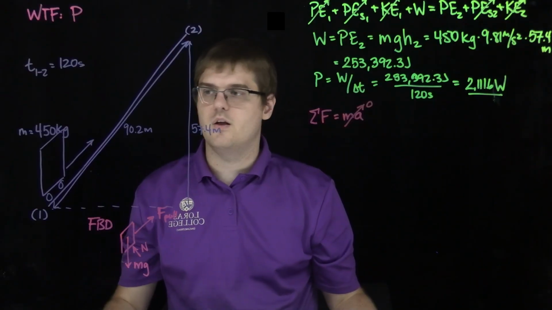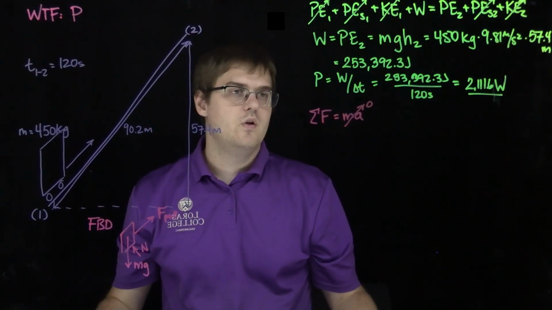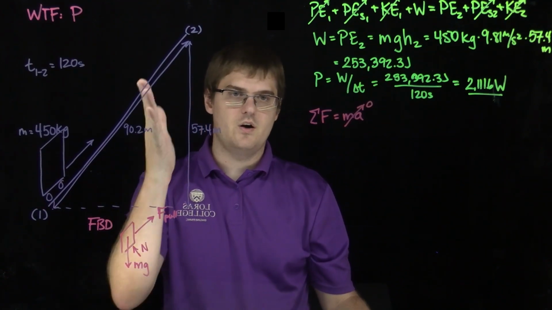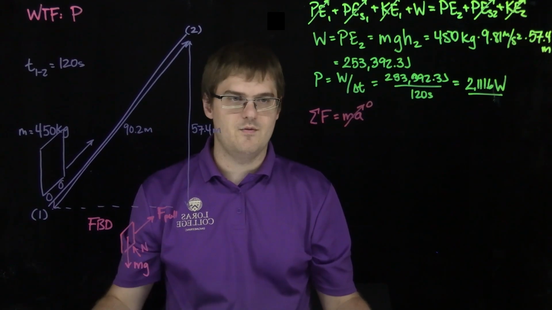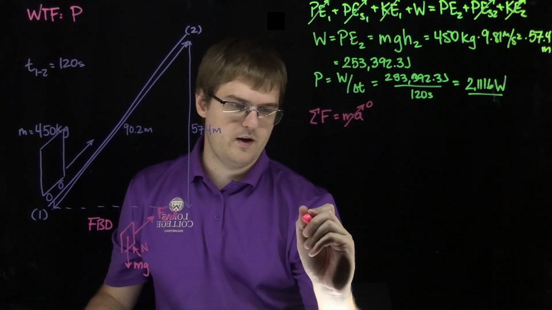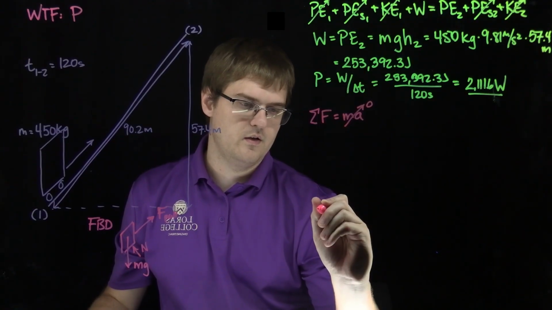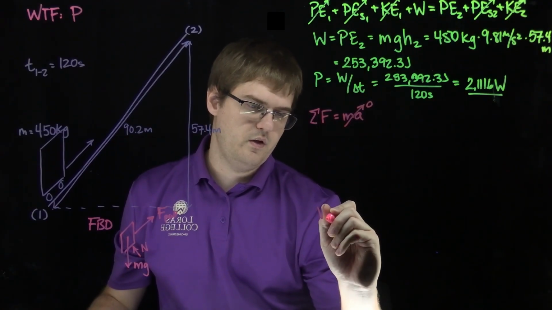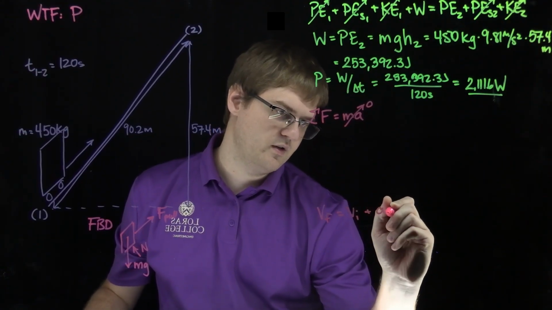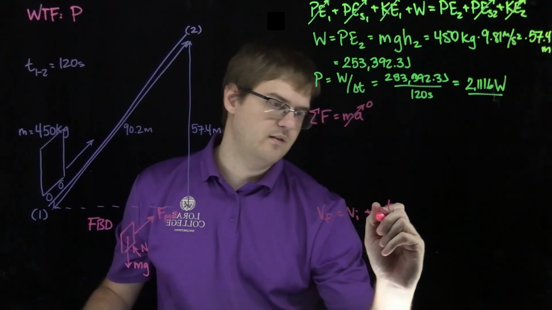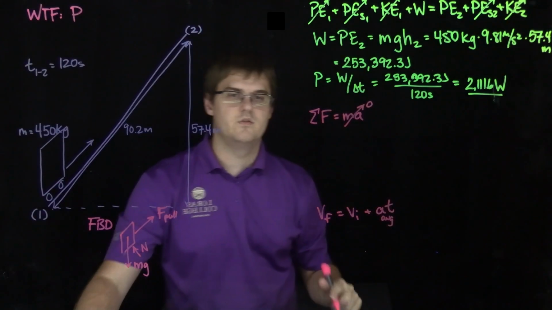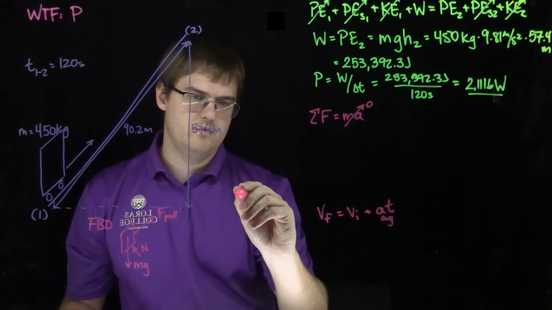We don't need to be accelerating. We start and we stop. We start and end at the same velocity, meaning our average acceleration is 0. Because if I wanted to write it out, I could say that V final is equal to V initial plus acceleration times time. And this is acceleration average